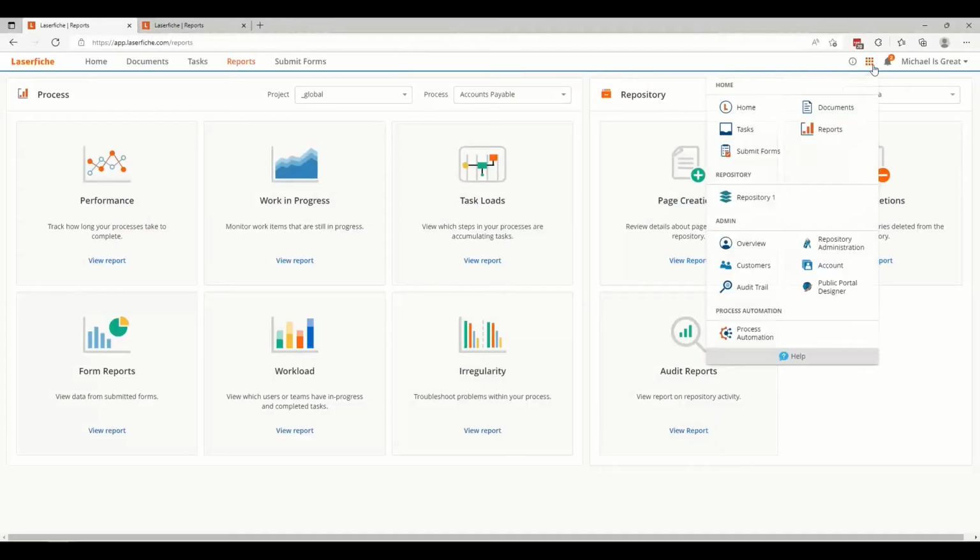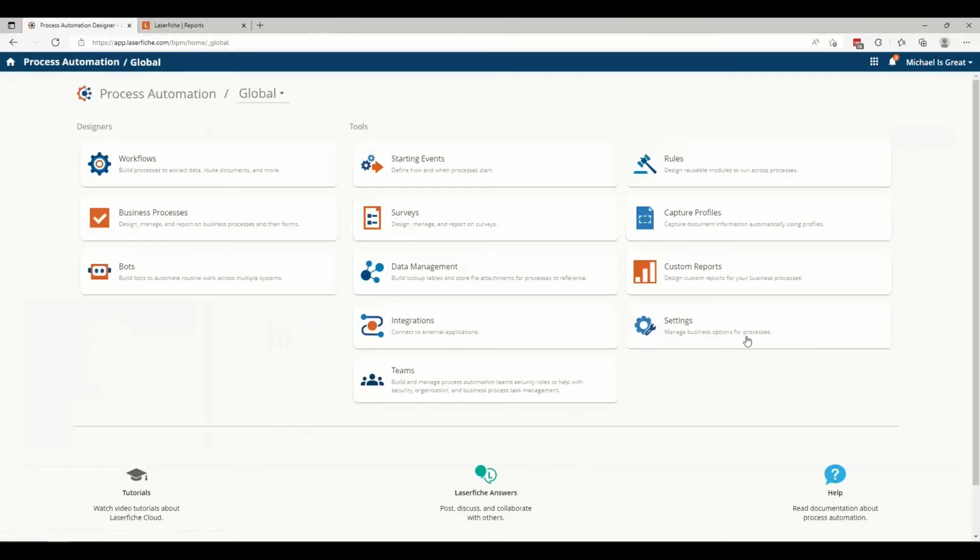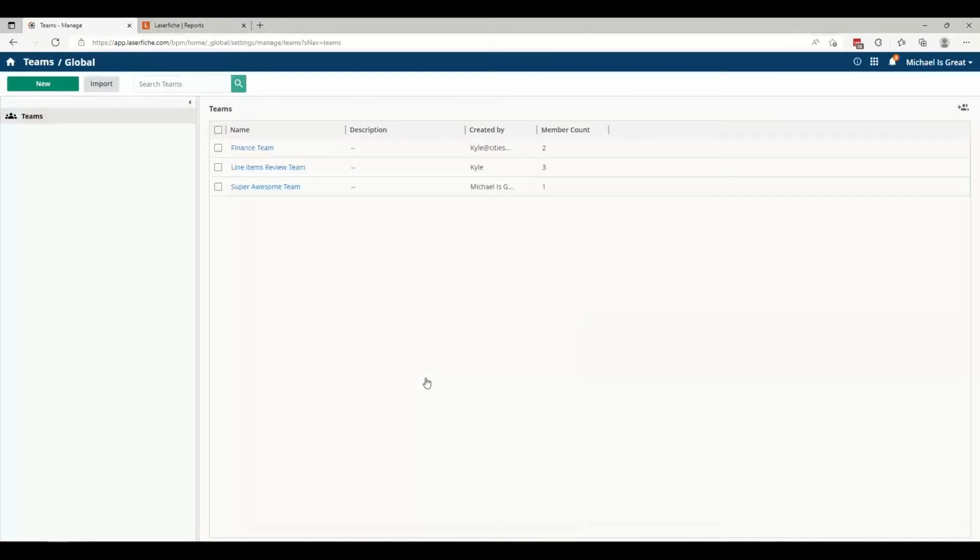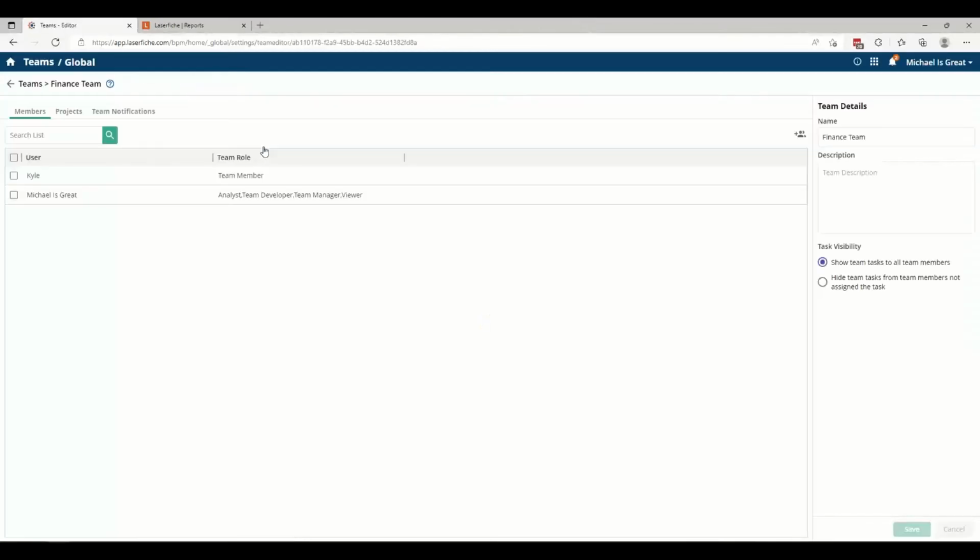If we go back to our app menu, we can choose our process automation option from the menu and navigate to Teams. This will allow us to create and maintain our teams that we have available within our Laserfiche Cloud account. If we take a look at our finance team, we can see here we have 2 members available,